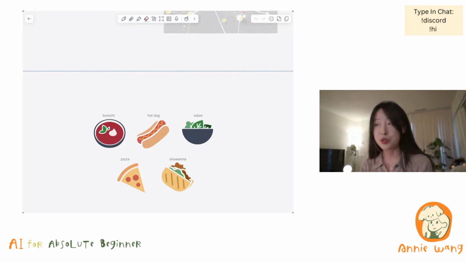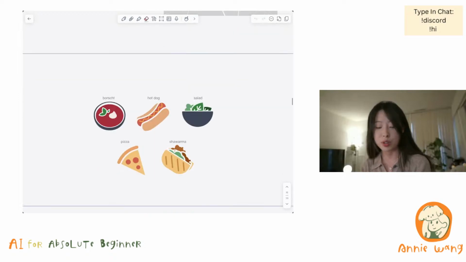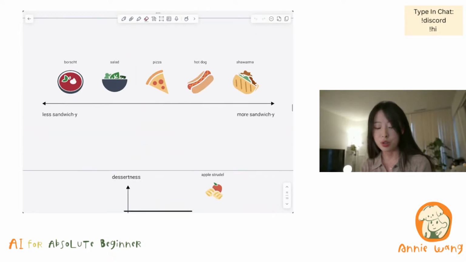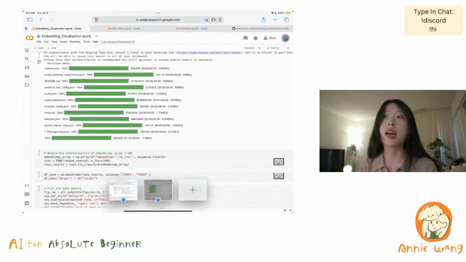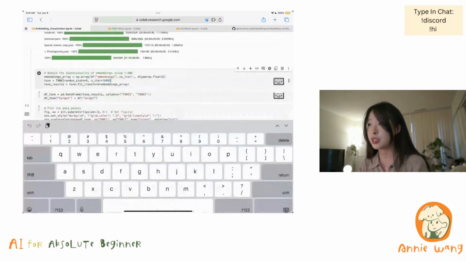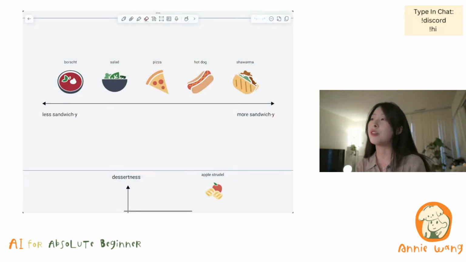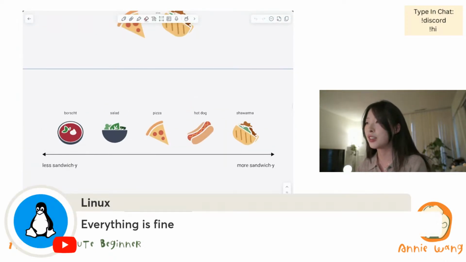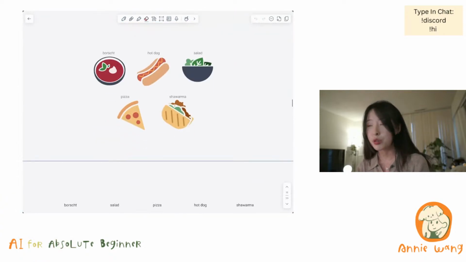So for this week, I am going to do a recap of last week: what is RAG? And also, I'm gonna show you some real life examples. I have some examples with embedding and also some simple example with RAG. Let's begin with a recap of last week. So a quick recap that RAG is